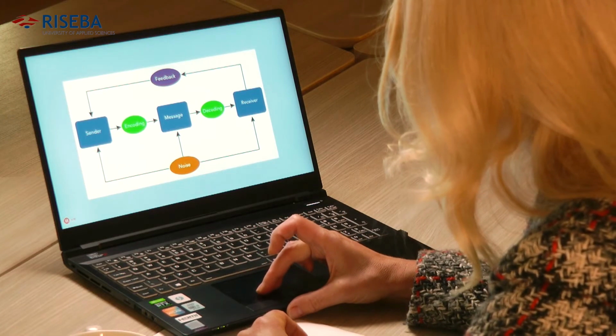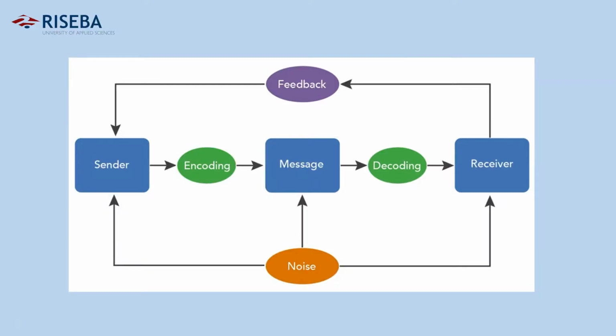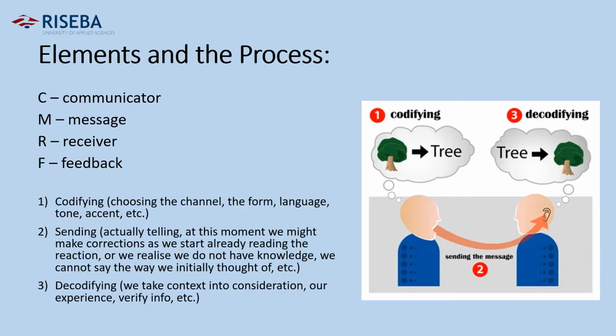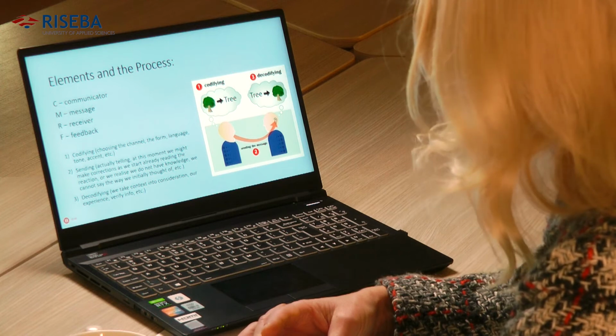So altogether, this is a model of communication process, and if you would like to be a very good communicator, we should keep this in mind. So let's continue. Here the same thing is explained again. We have communicator, we have message, we have receiver, and we have feedback. Communicator thinks of something in the mind, for example, a tree, and this has to be called the way that receiver receives this message, and also has the same image in his brain or her brain.